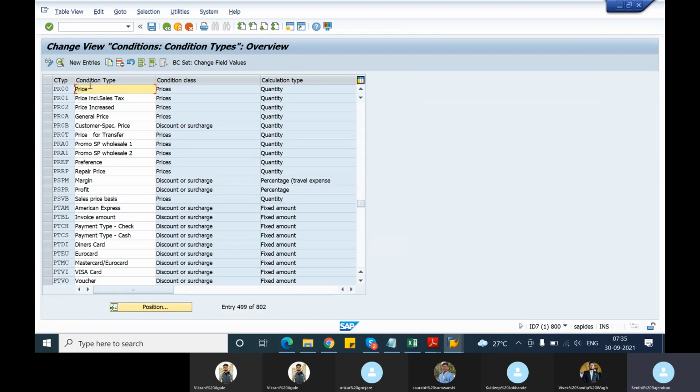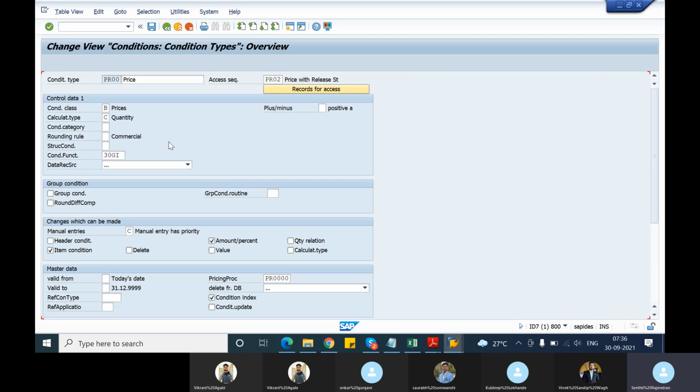So whenever you create your pricing procedure and enter this condition type there, the description would come from here only. So now let us select this and let us look at how this condition type is configured. Now here you can see how this condition type looks like. So the first thing you need to understand here is the condition type is PR00 and its description